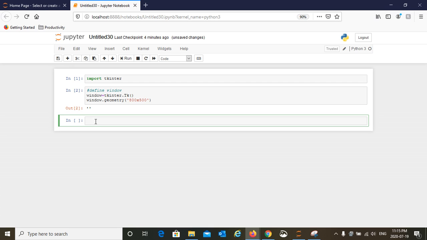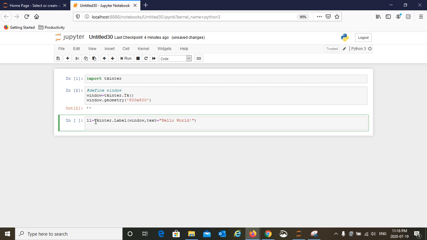And now we are going to give a label to our window. So let's say L1 equals tkinter.Label, and then it's going to be the label for the window. Text on the window, let's say we're going to say hello world, and that's it.